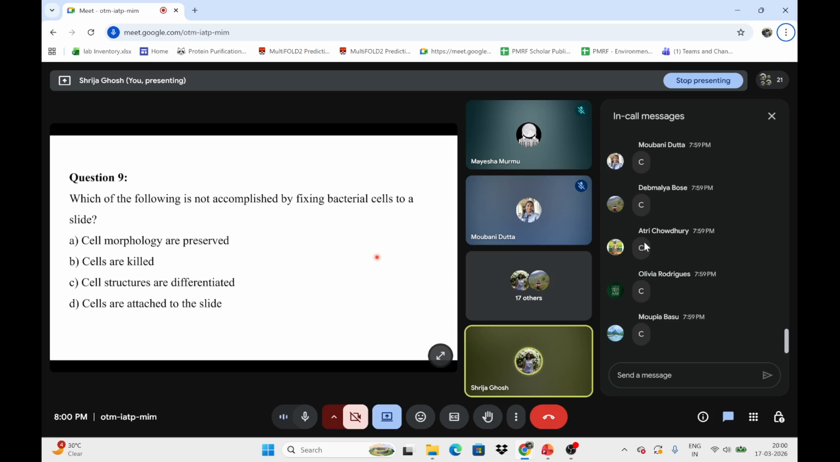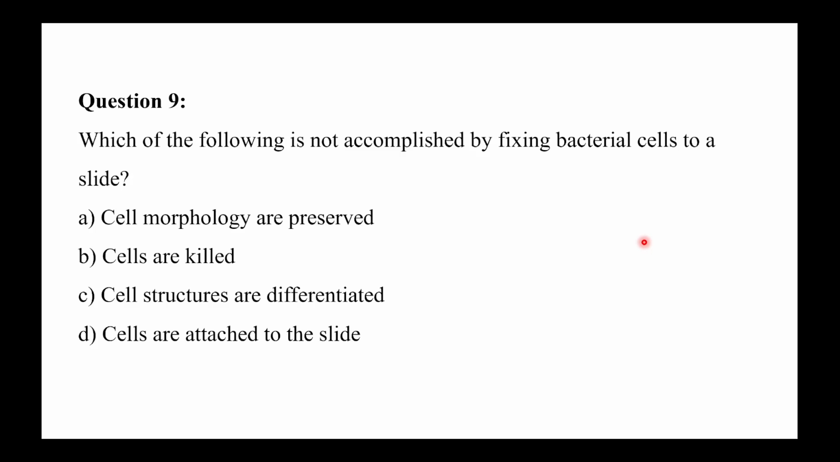Okay, so 5 of you have answered option C, cell structures are differentiated. That is the correct answer. So heat fixing is done during the gram staining. I've explained that when I was explaining gram staining. So fixing of bacterial cells basically is to adhere the cells. First of all, it is done to adhere the cells to the slide so that it doesn't move when we